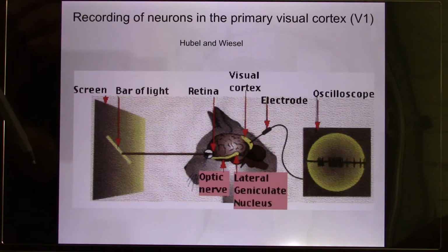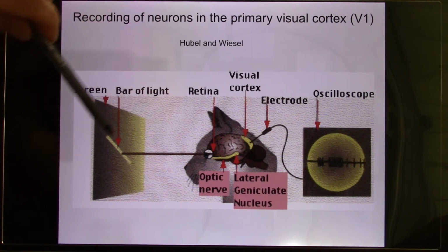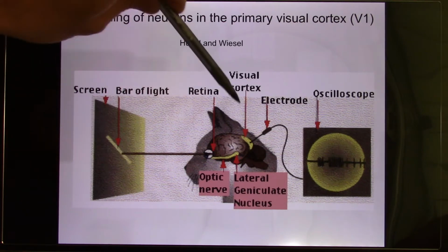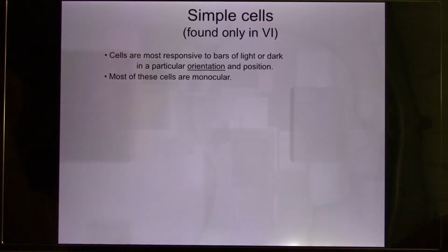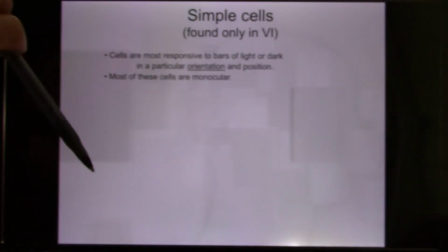What they found is that if they shine a light on the screen and move it, like a bar of light, suddenly a neuron fires and generates more action potentials. So they found neurons in the primary visual cortex that do very simple processing. Only in V1, they found neurons that prefer a certain orientation